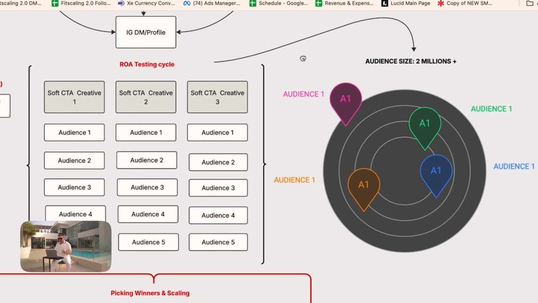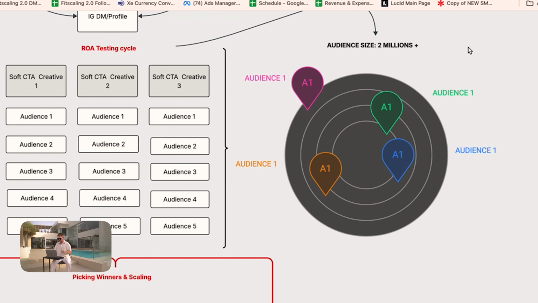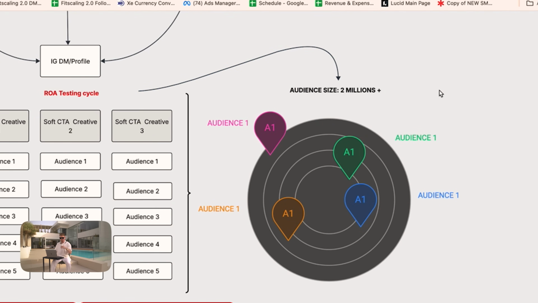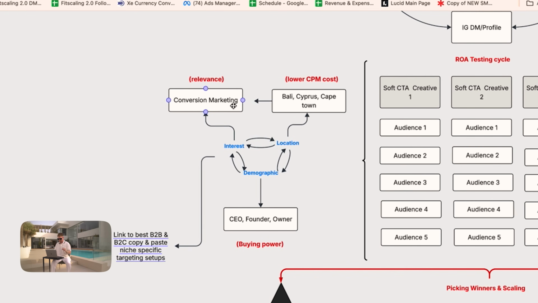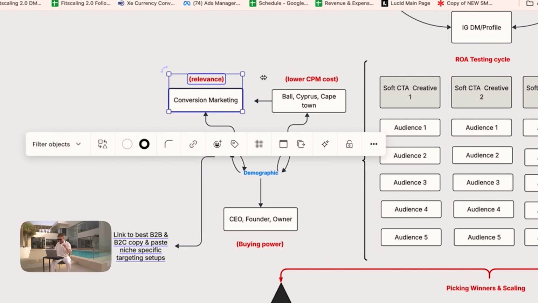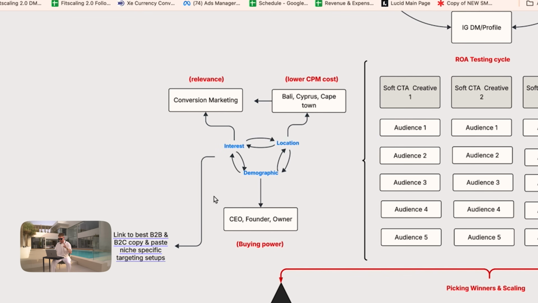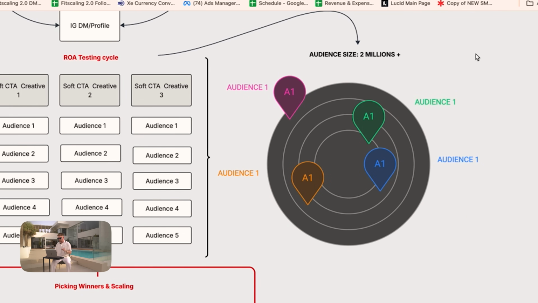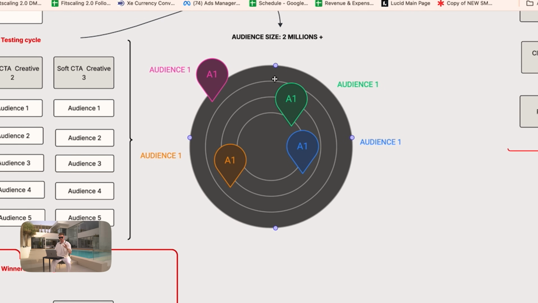And in combination with this, with our testing cycle, guys, what you gotta understand is that, let's say you have an audience size of 2 million, right? Let's say you launch an ad campaign. You set it up to a different demographic, a different interest, etc., right? And the audience size is, let's say, 2 million. Now, what you gotta understand is, even if you target your ad for the exact same interest, for the exact same location, and the exact same demographic with the exact same creative, your ad is still going to be in one of these little circles in between the 2 million, right?